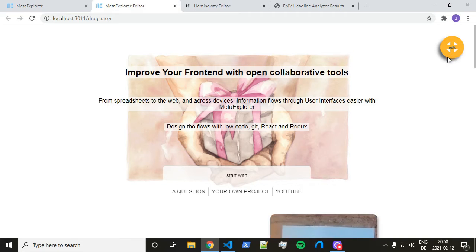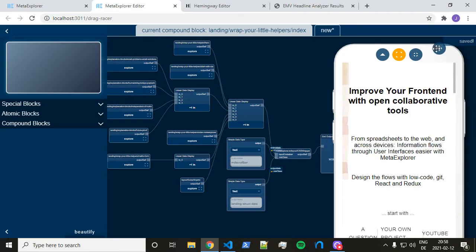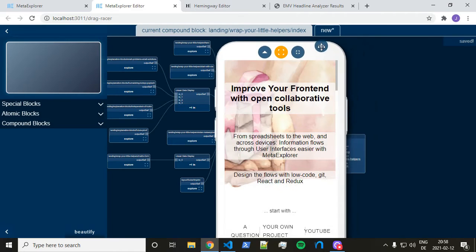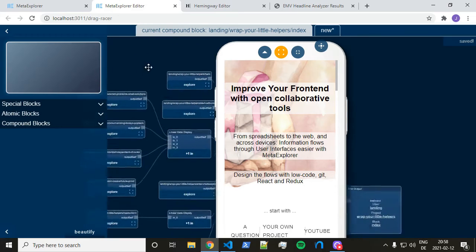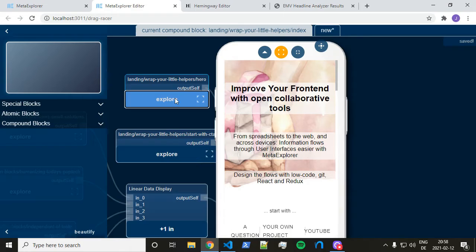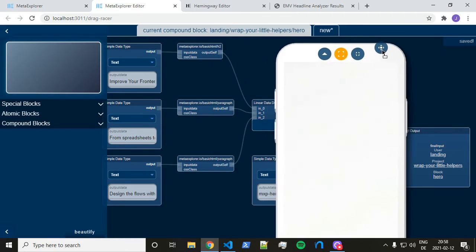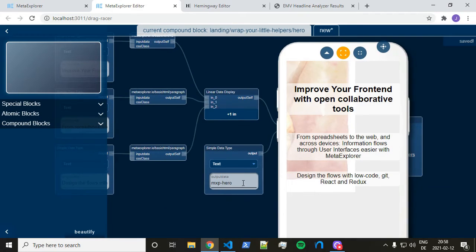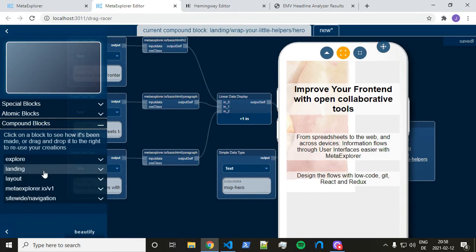This is actually done with CSS classes that I did prepare. So what I'm going to do is here in the hero image, I have a CSS class called MXP hero, and in the other one,